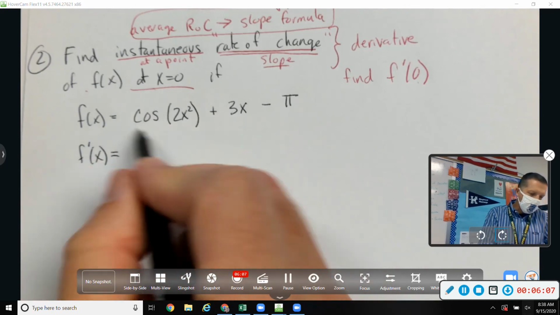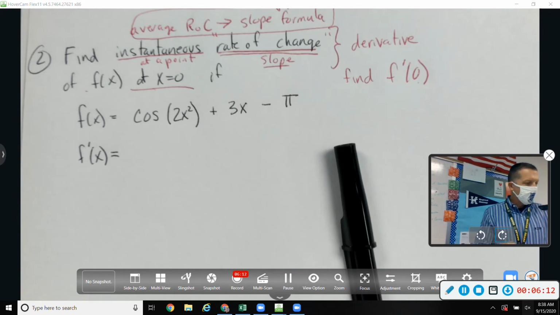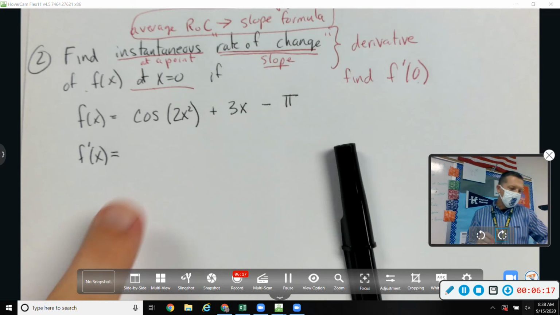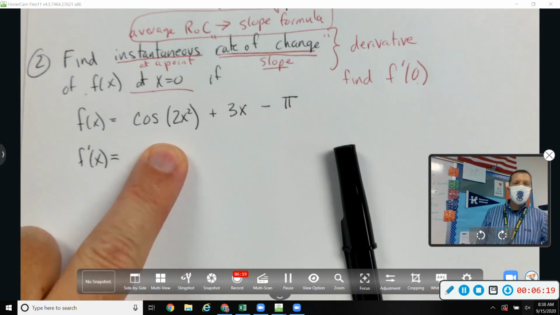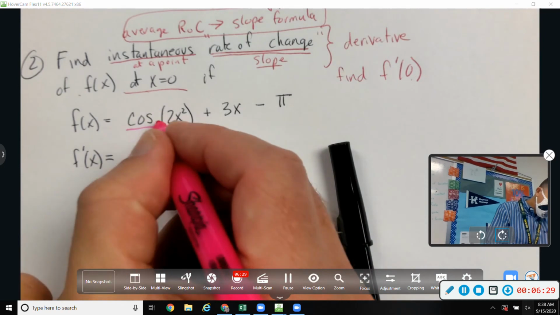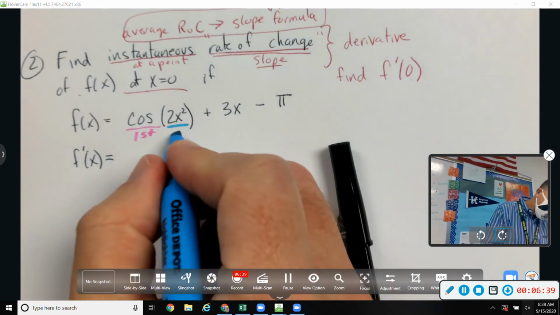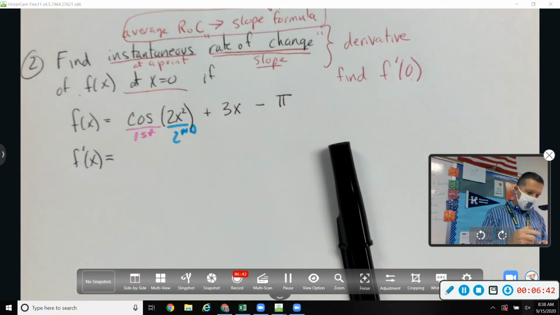Okay, well, right off the bat, we've got a Tootsie Roll problem here. So there's multiple layers to this. And what I started doing yesterday was sort of labeling the pieces of what comes first. What's the outermost layer of this function? The cosine. So we'll handle cosine first. That's the wrapper to our Tootsie Roll on this one. And then the inside is this 2x squared, so we'll handle that second. And then